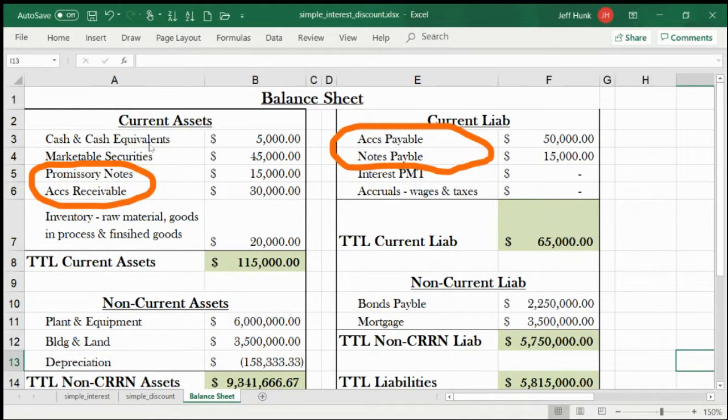Cash equivalents are short-term securities that are easily converted into cash. They're called liquid assets. And marketable securities are long-term bonds, short-term bonds, and stocks. But then,